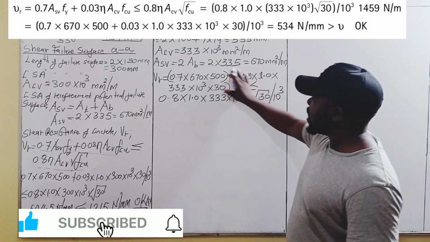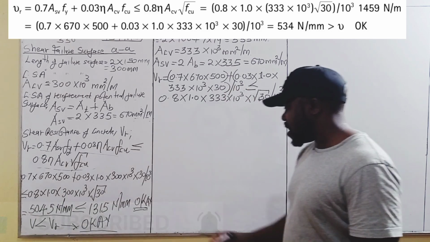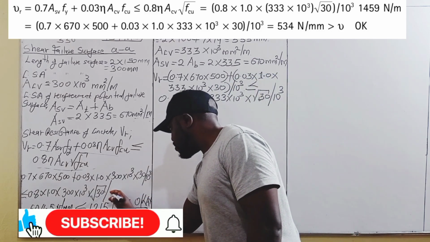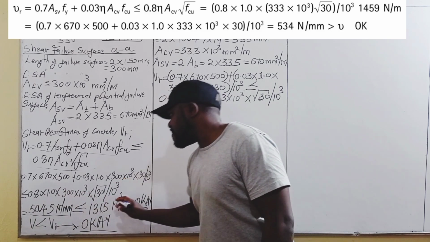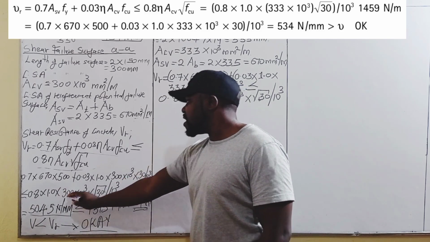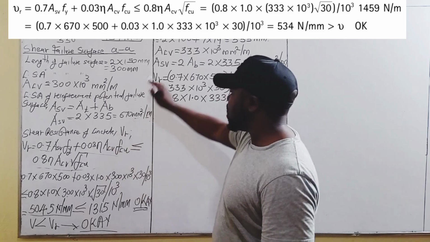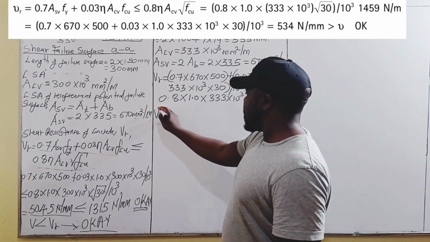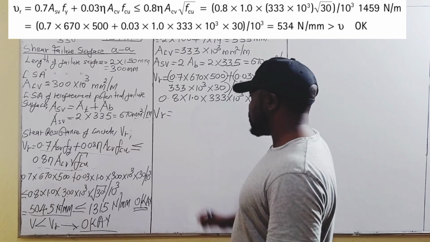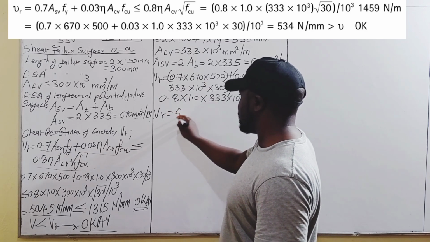So that part should be less than or equal to this. Again, we forgot to do the same here, 10 raised to the power of 3. Divide this part by 1,000, since we have 300 times 10 raised to the power of 3 square millimeters per meter. So VR will now be equal to, the first part is going to give us